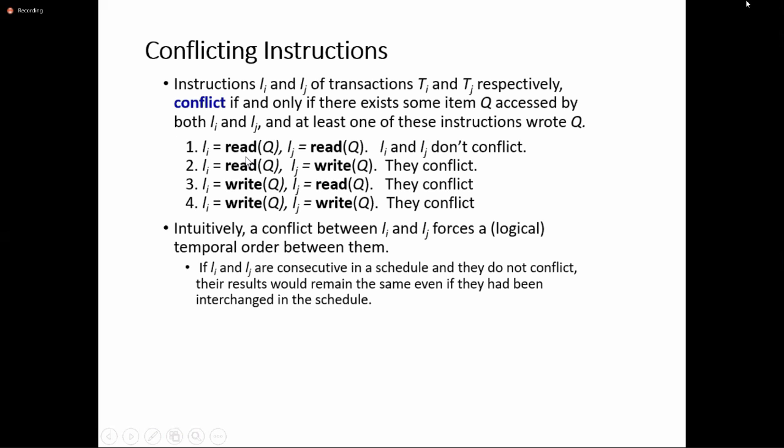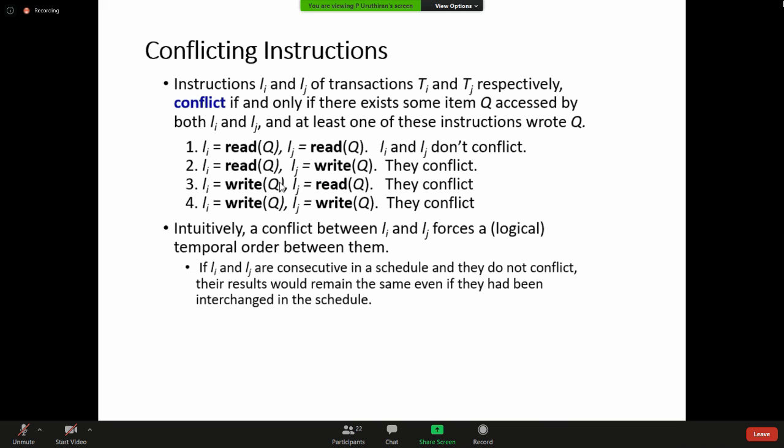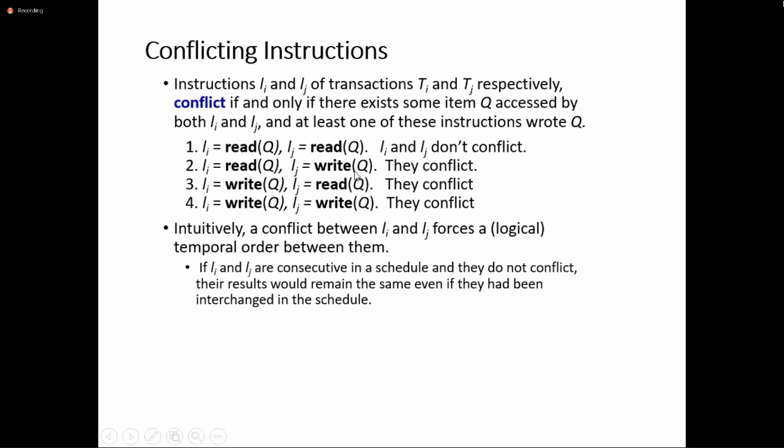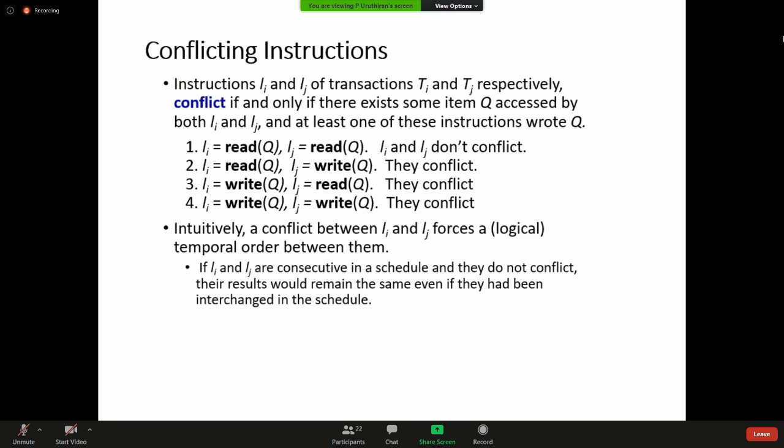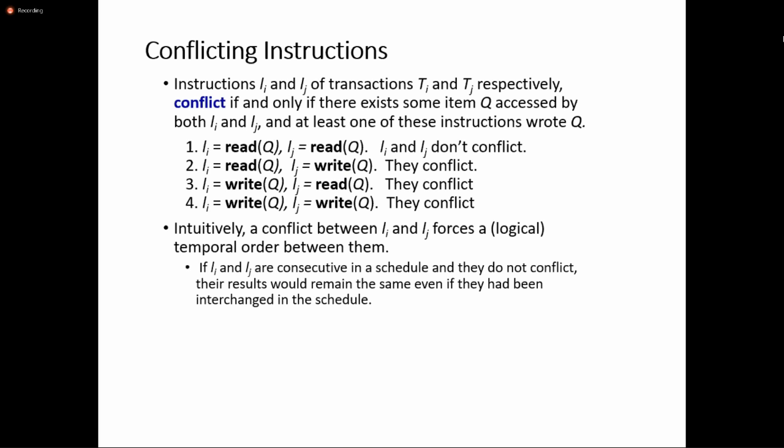Not Q. For example, if I and J both read Q, I and J don't conflict. But if I reads Q and J writes Q, there is a conflict. Same time read means the same balance you can read, no problem. But the conflict means if you read that balance,